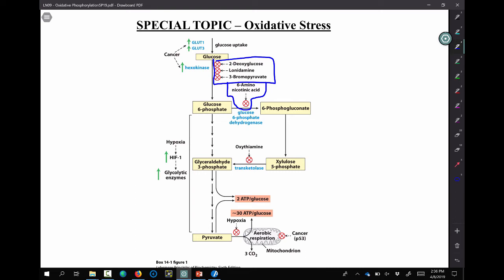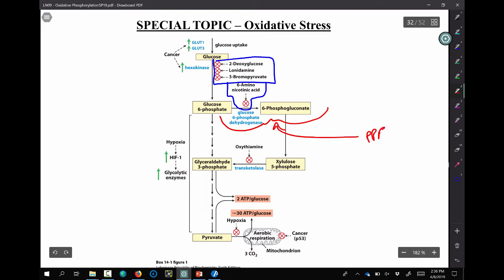The theory there is to decrease levels of glucose 6-phosphate so that glucose 6-phosphate can't feed into the pentose phosphate pathway. What you're looking at here is the pentose phosphate pathway. If they're not feeding into it, then you're not getting NADPH and you're also not getting ribose. So these cells would not be able to produce as many nucleotides or the other materials that they need to continue to divide. So lots of interesting connections into not only oxidative stress, but cancer metabolism as well.